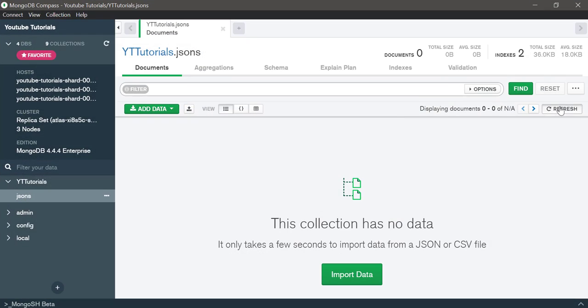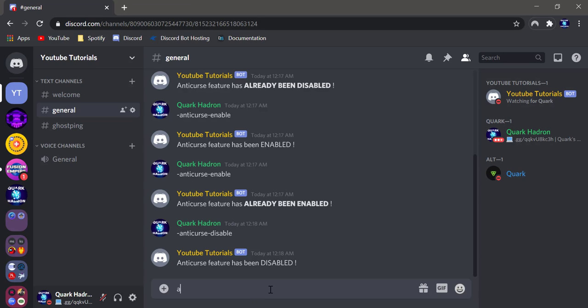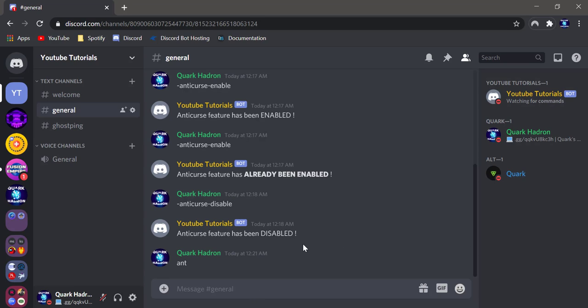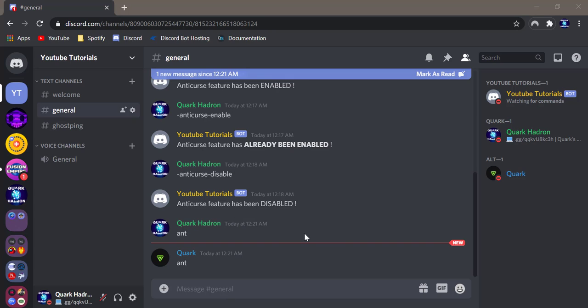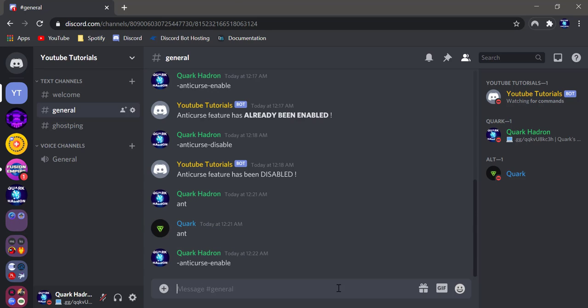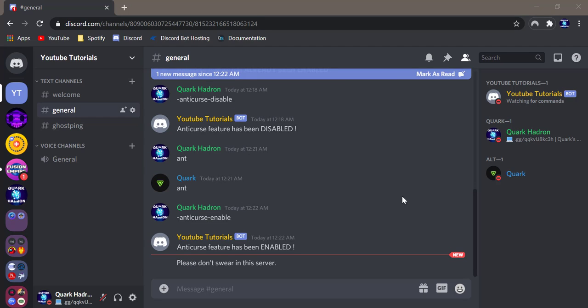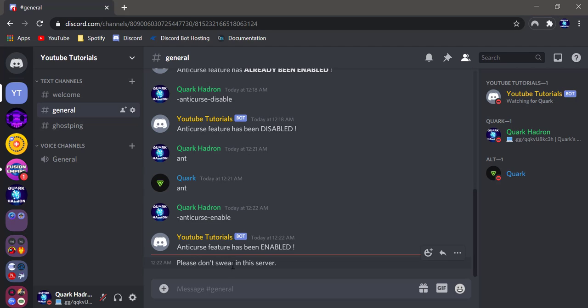So as you can see here, nothing is in the database yet. So if I say ant, nothing happened. If my alt says ant, nothing happened. But if I do anticurse enable and I say ant, it will say please don't swear in this server. And if I disable it, anticurse,